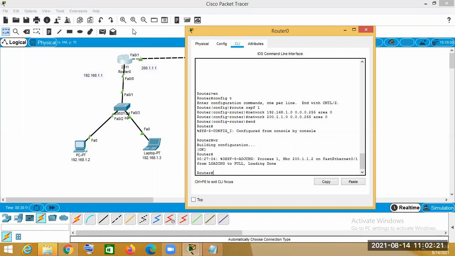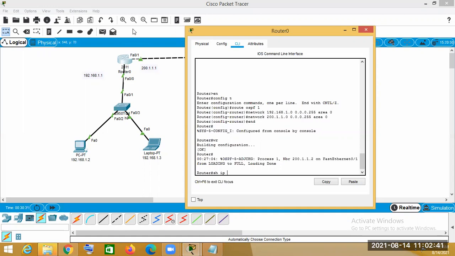There are some OSPF commands present. For seeing the interface, we use show ip interface brief. This is a command present.